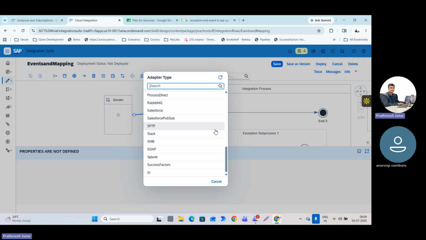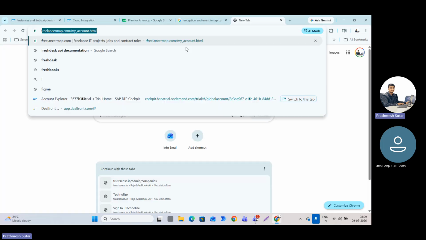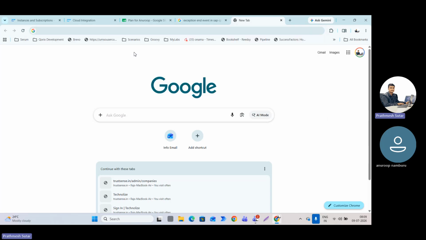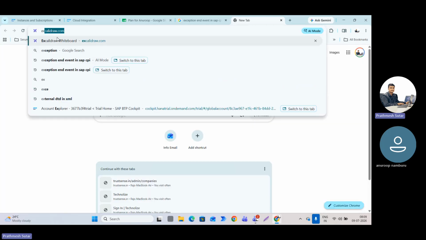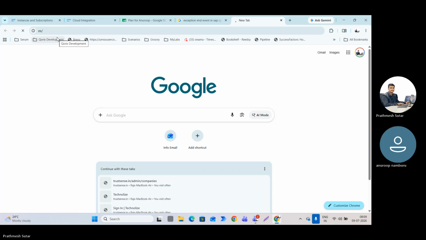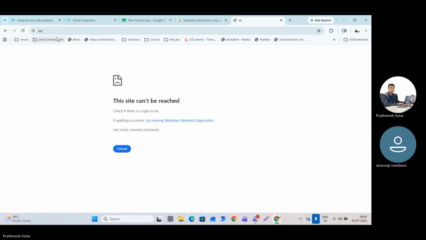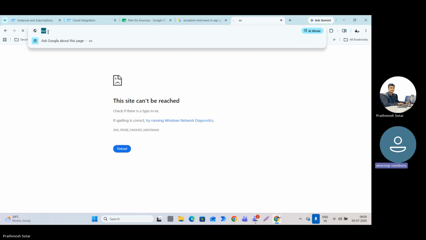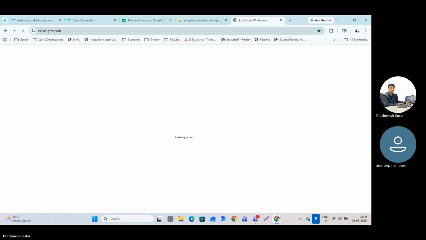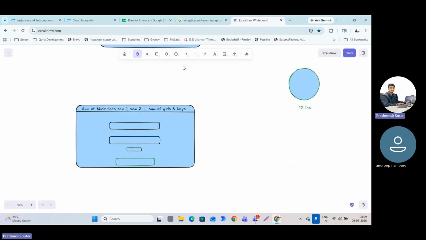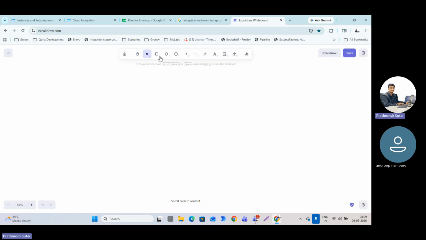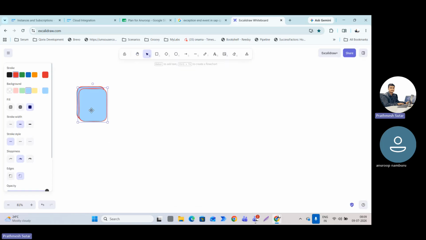But again, let me tell you, we'll come back to the fundamentals. You know what I told already. ECC is an on-prem system, or it's a locally stored thing, right? Yes. For example, let's talk of an example of S4 HANA. It's a S4 HANA which is deployed on a cloud,